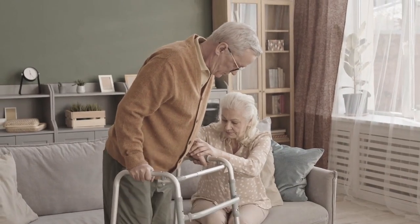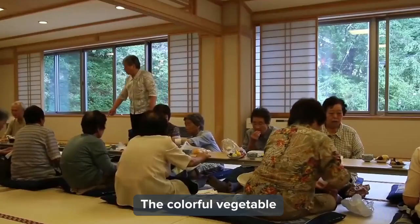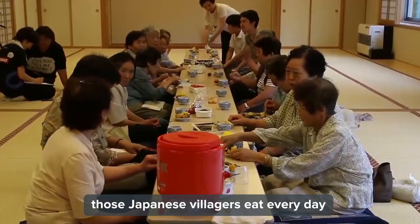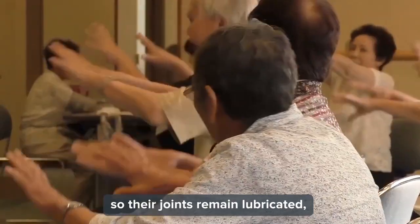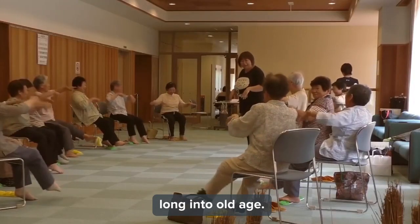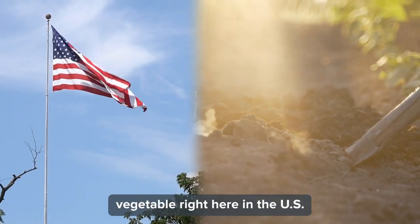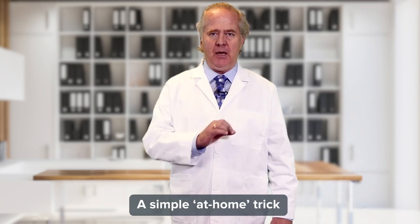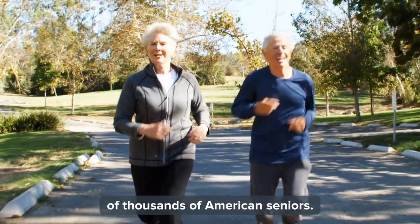But here's the good news. In the next few minutes, I am going to reveal the colorful vegetable those Japanese villagers eat every day that keeps their protective joint jello thick and healthy so their joints remain lubricated, flexible, and bouncy long into old age. Exactly where to find this joint-saving vegetable right here in the US? A simple at-home trick to thicken up your joint jello, which is now changing the lives of thousands of American